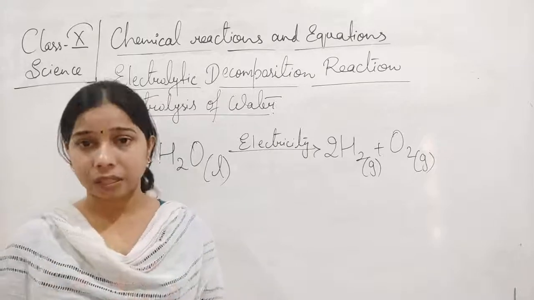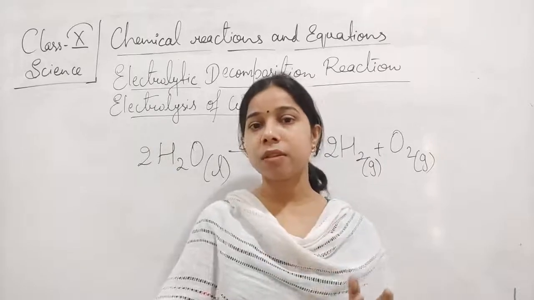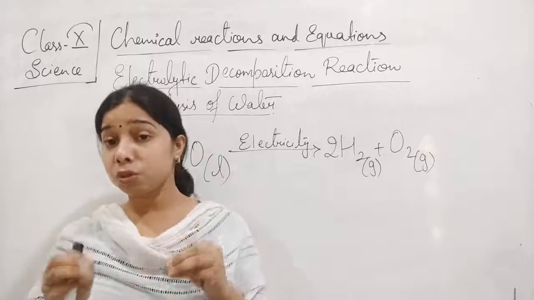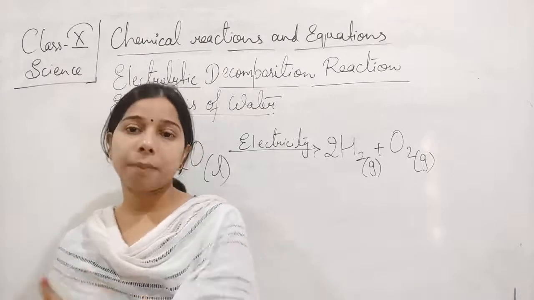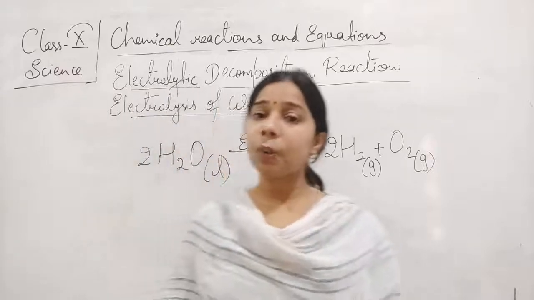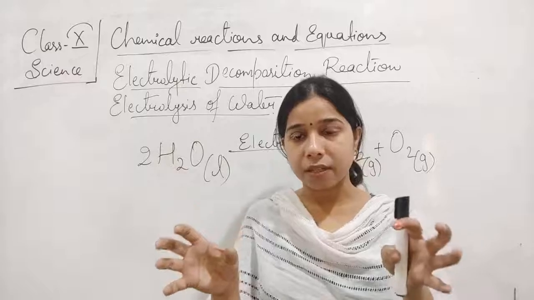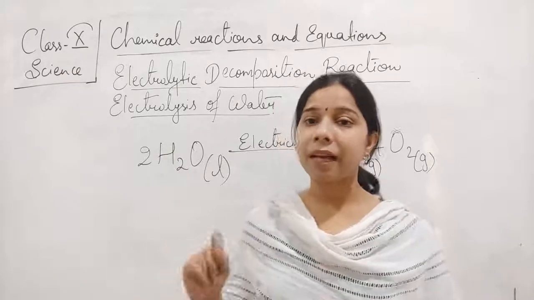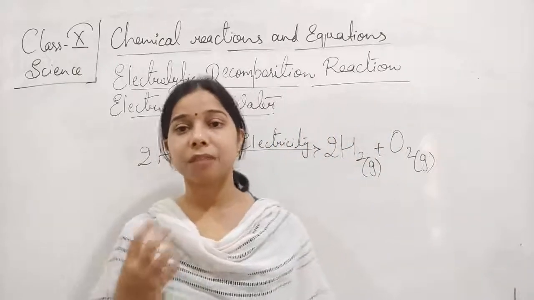Electrodes are attached with it. It means through one test tube, the positive electrode is attached, and to the other test tube, the negative electrode is attached. Now these 2 electrodes are connected with the help of wire to a battery. The whole jar in which the 2 test tubes are fitted is filled with water. Now when you supply the electricity to it, you will find that bubbles start forming.